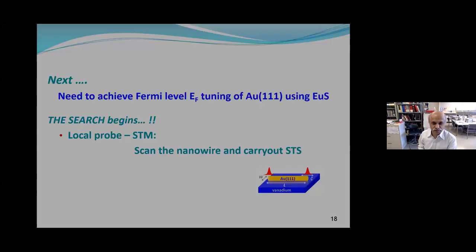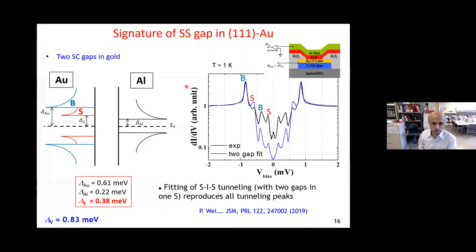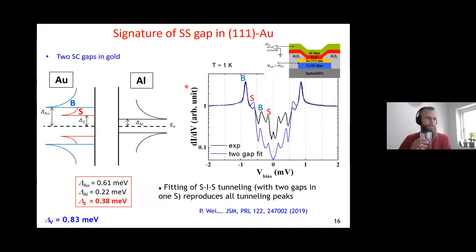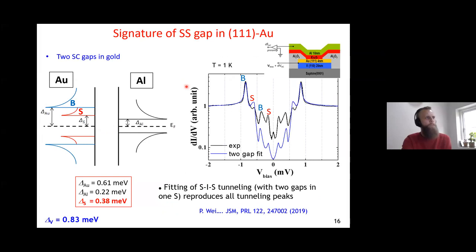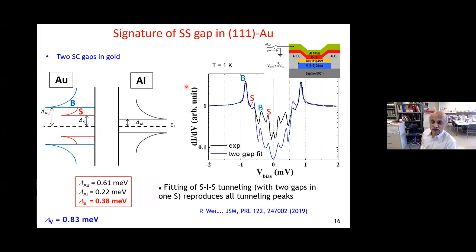Right. I think you're talking about this one, right? The aluminum is very thick. In this case, the aluminum is about 20 nanometers, something like that. It says 10 here in the corner. When you have very thick aluminum, the splitting becomes not easy to see. You can see the splitting much more nicely when you have a very thin layer, if you go to very low temperature. But in this case, the temperature is too high for observing this splitting. The resolution is not enough here.